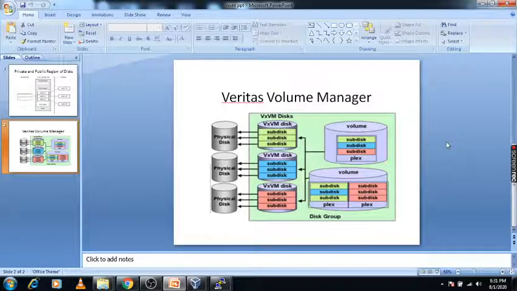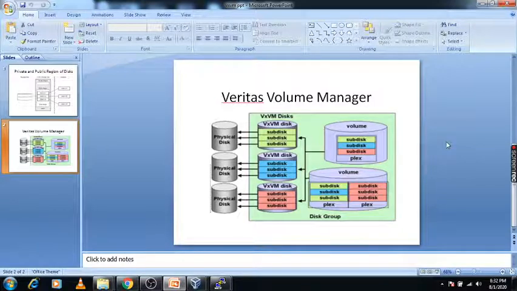After that the plex comes into the picture, and a plex is nothing but a collection of subdisks. The default behavior of the plex is that when you see two plexes, it means mirroring is happening. After that the subdisk and plex come together, and it creates the volume. A volume is nothing but a logical partition that appears like a physical partition to the end user. We can have a maximum of 8192 volumes inside a disk group, and this whole structure comes under the disk group.